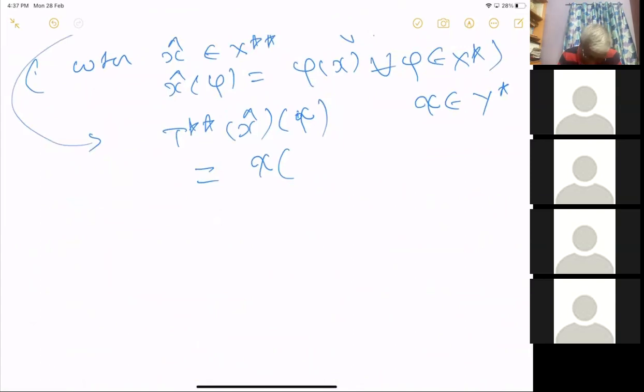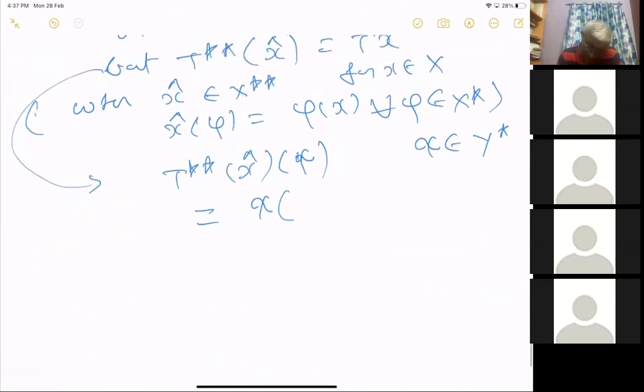So we have started with a T, right? So this is equal to chi acting on x hat of T star. This is equal to, I was right, x hat of T star of chi, okay, which is equal to chi of